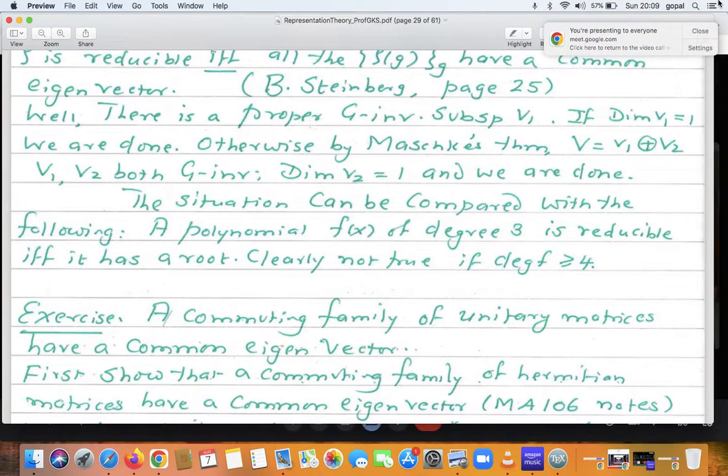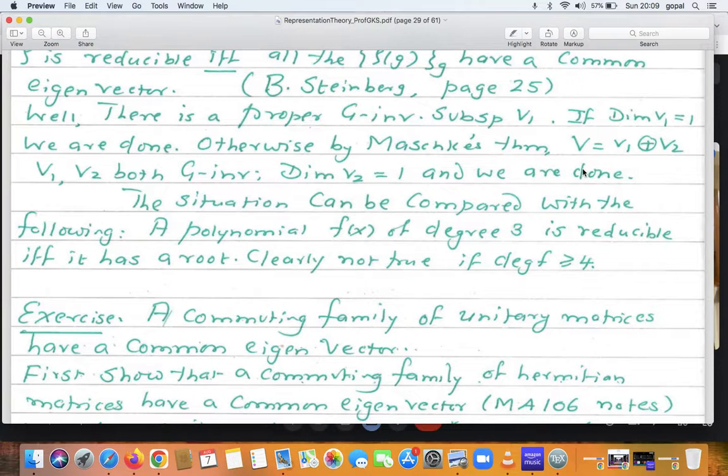So we use the fact that a commuting family of operators has a common eigenvector because we are working over